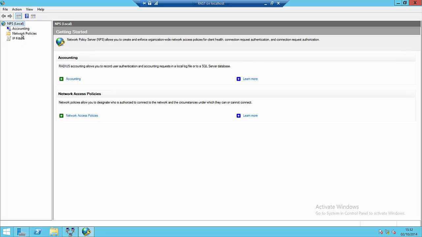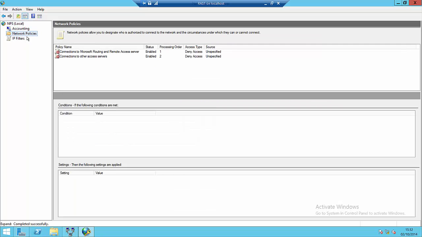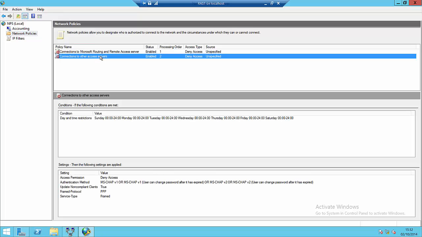Now there's lots of things going on here, but what I'm interested in is the network policy section. And inside here we'll find two network policies. Both of these policies have similar effects. They both deny access 24 hours a day, 7 days a week. Now if we take a look at one of these policies, if I right click and go to the properties of the policy,